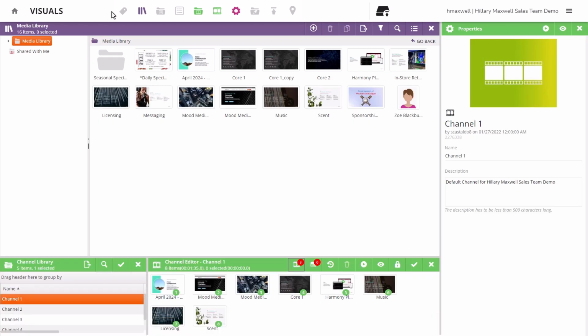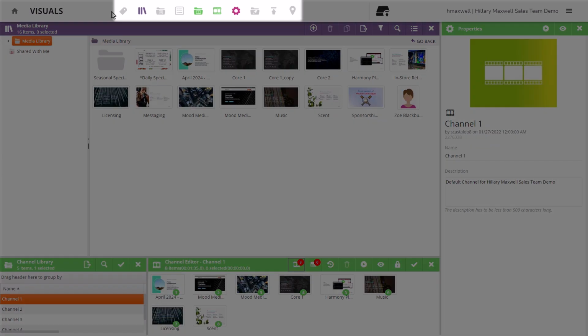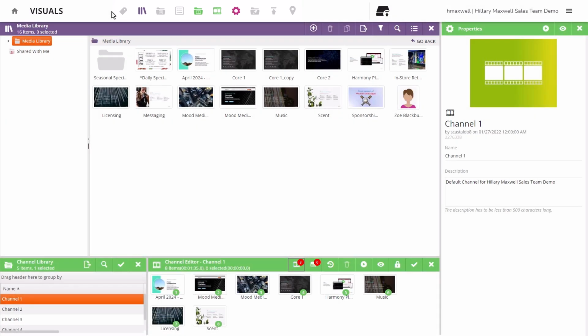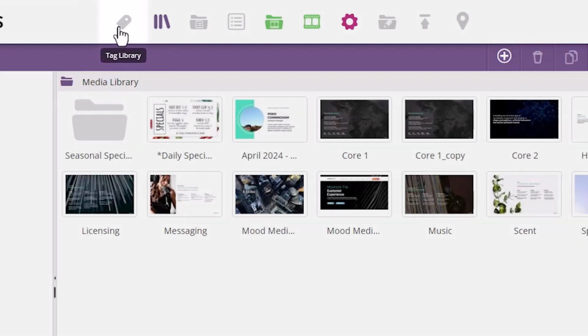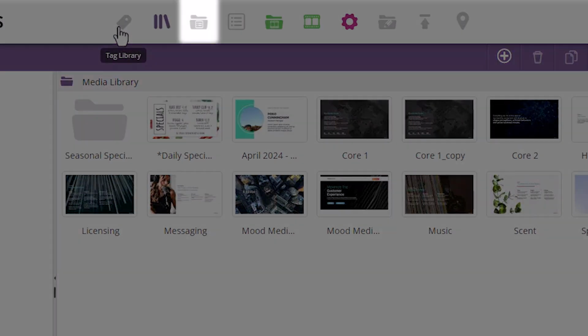The title bar and menu are located above your Harmony visual workspace. Exploring the title bar. Hover text can be seen when you hover over an icon in the title bar. The title bar contains all windows that can be open and utilized. When a window is open, the icon is colored. When a window is closed, the icon is grayed out.